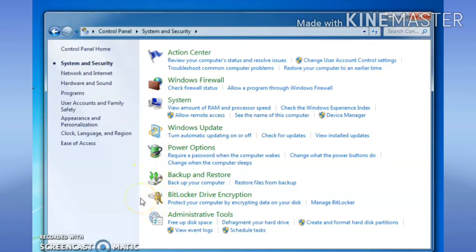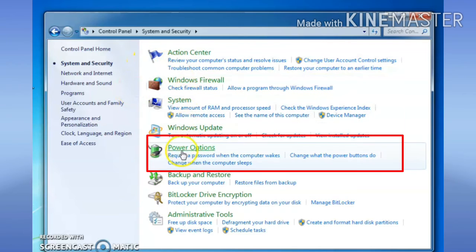And other applets in this category are Power Options. It allows you to change how Windows manages the power button. For example, you can change the power button to put your computer to sleep instead of shutting down.